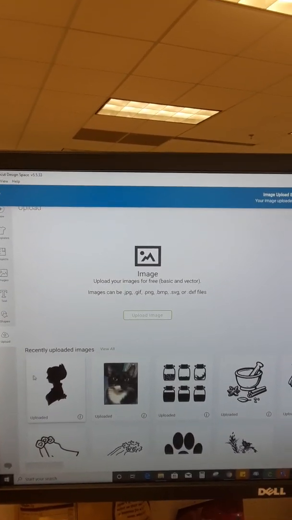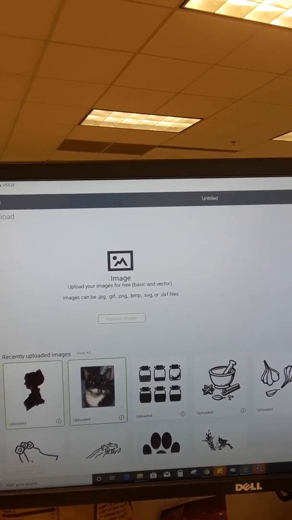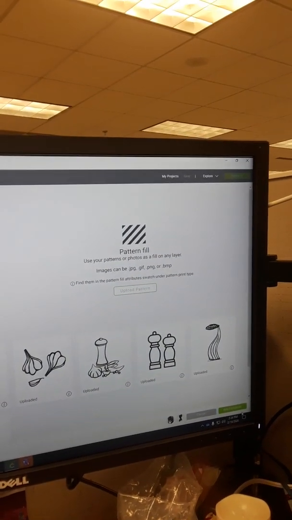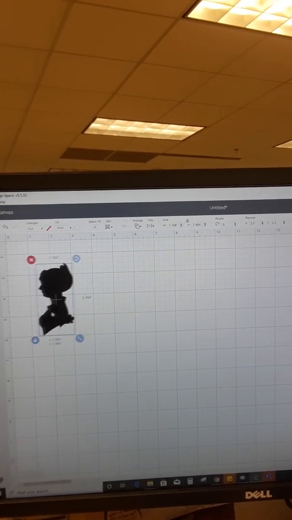I'm going to select both of these. This is a picture of my lovely little cat and the silhouette, and just show you how to slice and dice with these and what they're going to look like. So it takes a second for them to pop up. I'm going to move this around, and while we wait for my cat image to show up,